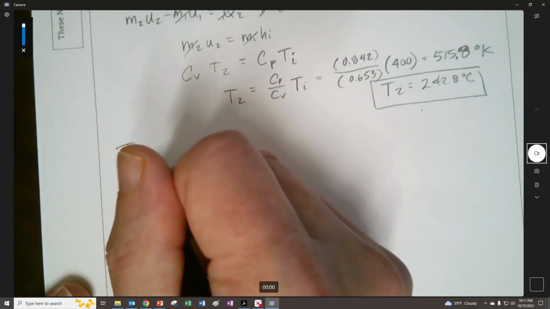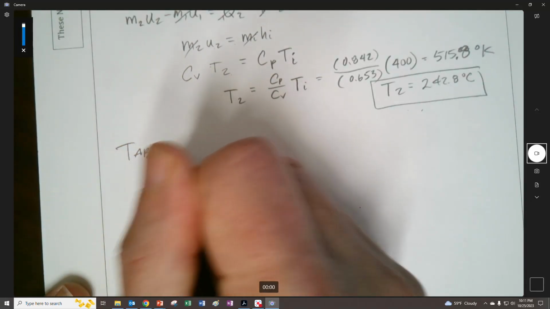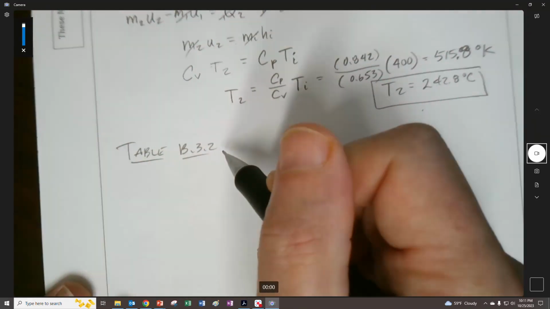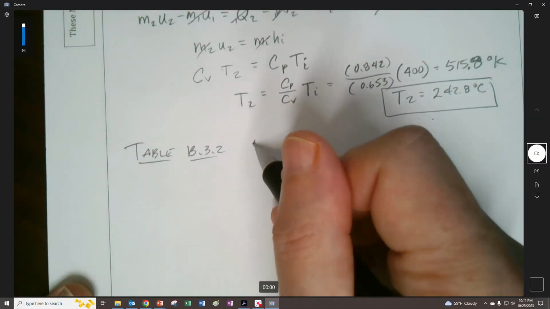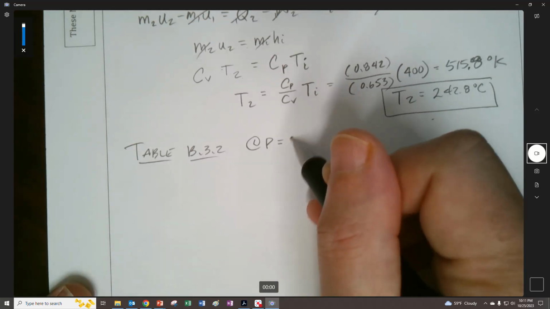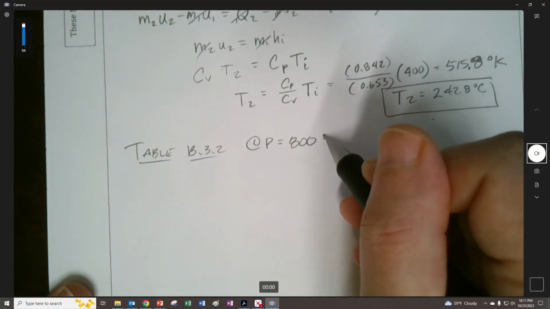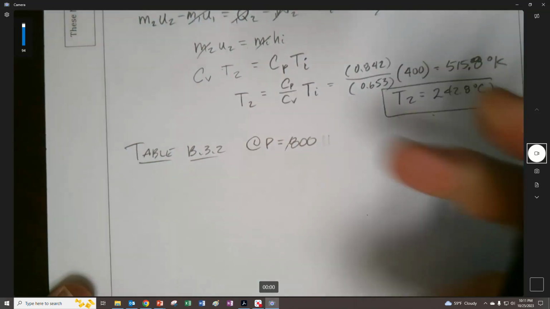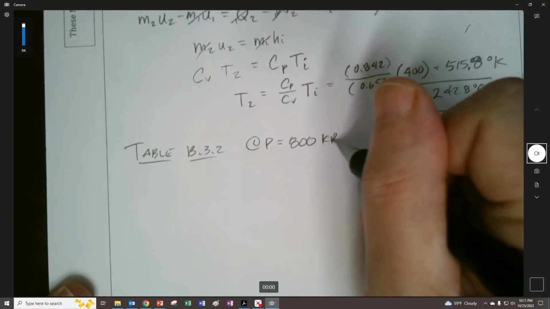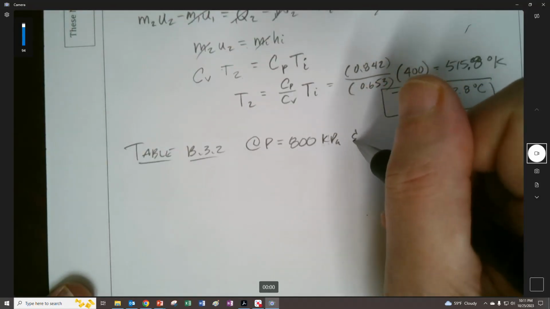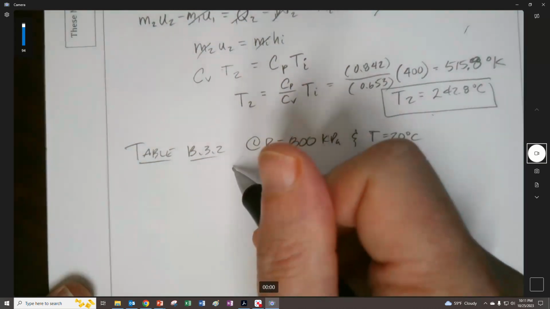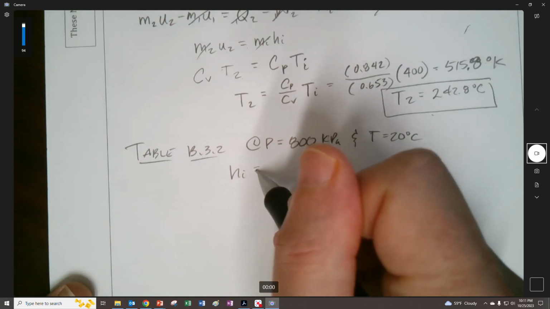So we're going to go to the table. Decided to go capital letters for that table this time: B.3.2, because I said to use B3, right? And so this is for the CO2. I'm trying to talk and write at the same time. Those values probably aren't in this table, and they just liked that particular one. And you've got T equals 20 degrees Celsius. Okay, cool. At those, you get an H1 of